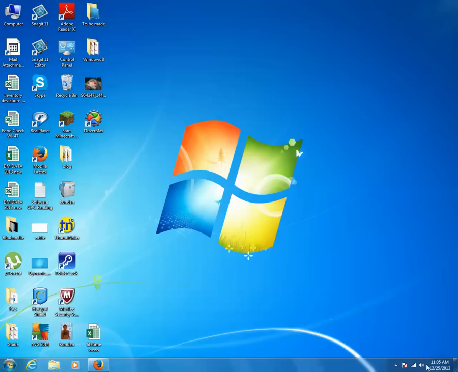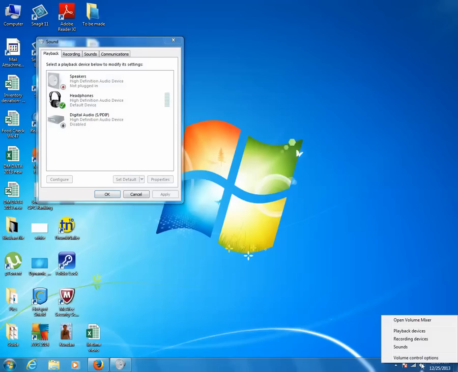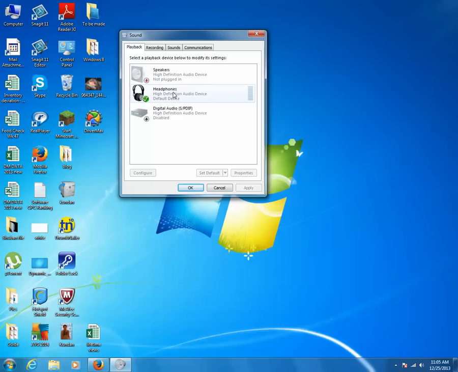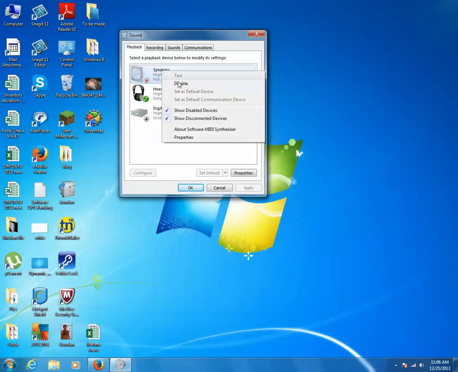Now the other thing which you need to do is to check which playback device is selected in your computer. You can do that by right clicking on the volume icon and clicking on playback devices. Right now I am using my headphones, and the playback device is selected as headphones. Suppose I have connected external speakers to my CPU, then speakers should be selected in that case. If it's not selected, then you can select it by right clicking on the speakers and then selecting enable. Right now, since I'm using headphones, the speakers are disabled. If I'm using speakers, then here it will be enabled.